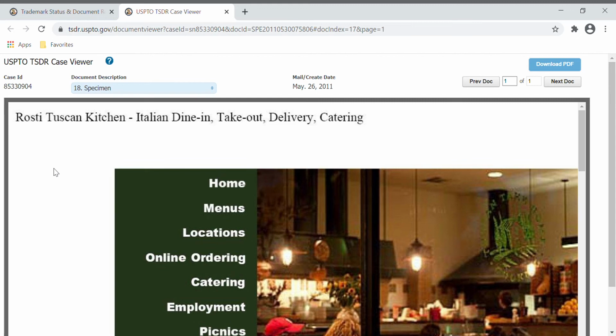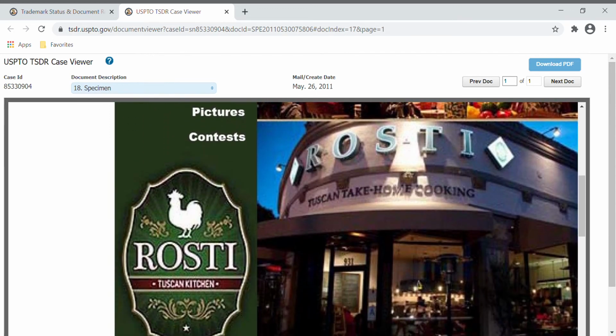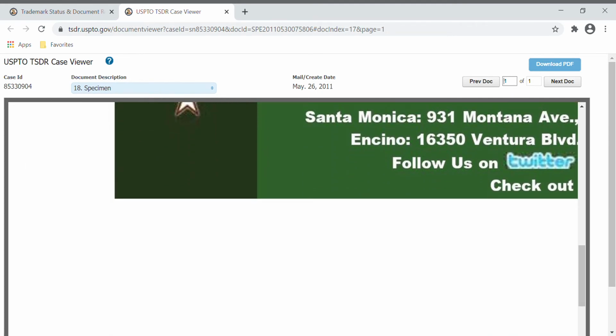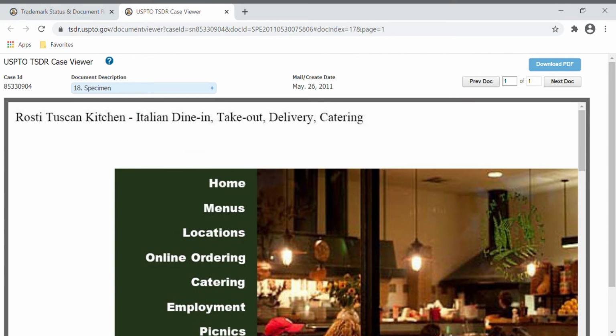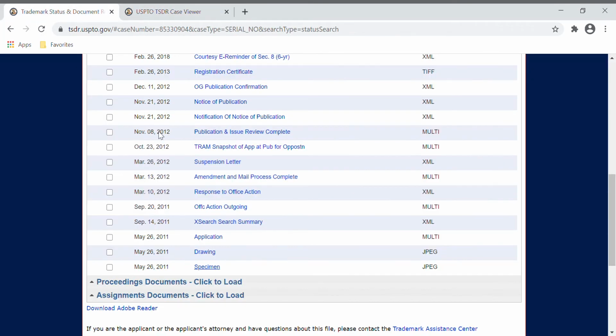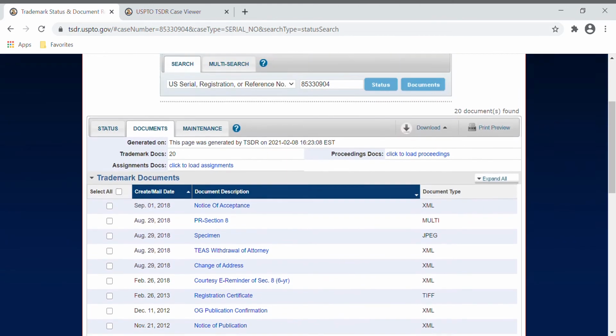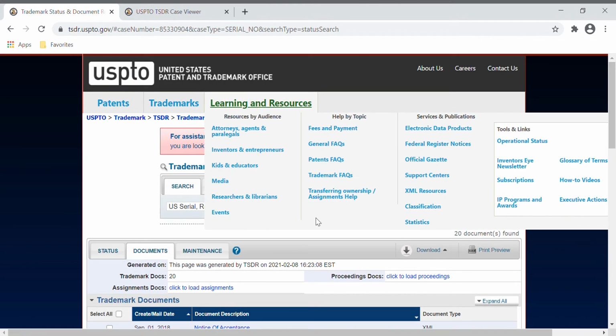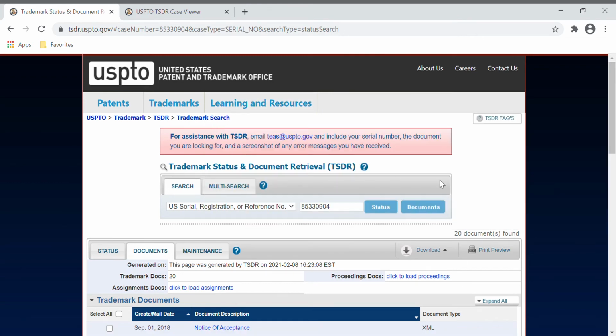And here's the sample that they submitted back in 2011. They're showing, yeah, we're using Rusty Tuscan Kitchen. Here's, I don't know if this is a menu or a handout or whatever, but it's a specimen of how they're using the mark. So again, under this Documents tab, which is on the TSDR page, you can find all